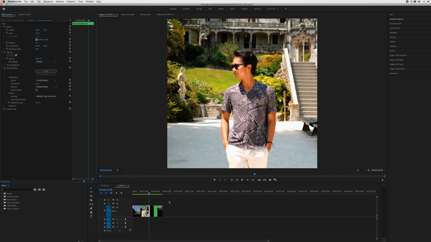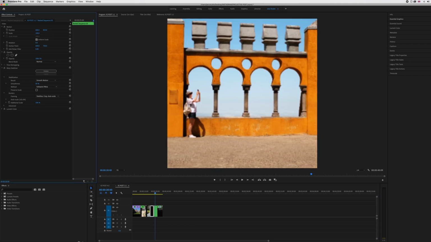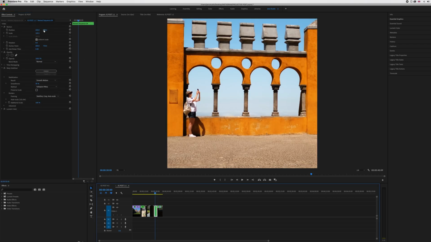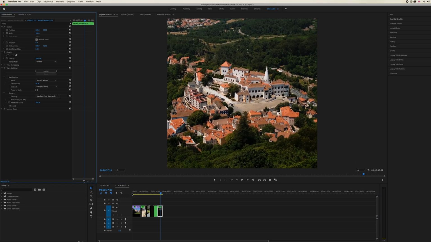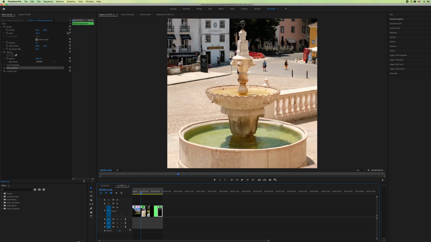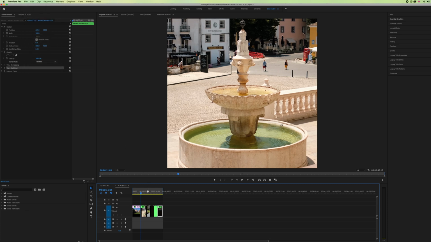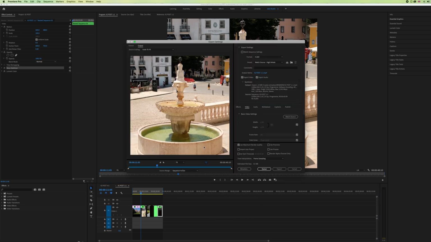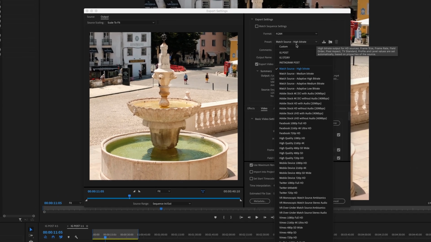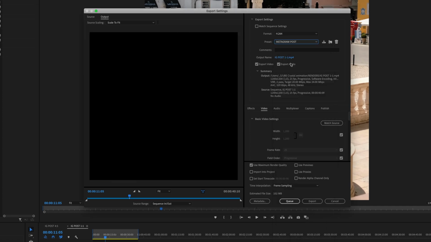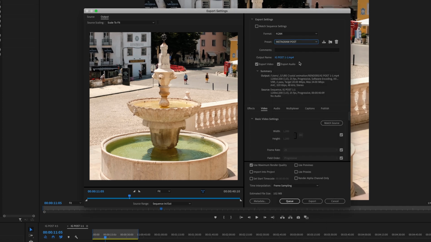So go to Effects Controls, adjust position, make sure they look perfectly placed on your square, and then either you can click File and Export Media, or simply just press Command M on your keyboard, which allows you to export directly. Remember that settings or the preset that you stored earlier, that will come very much in handy right here. So here in the preset, just select the preset that we created, Instagram post, and you should be